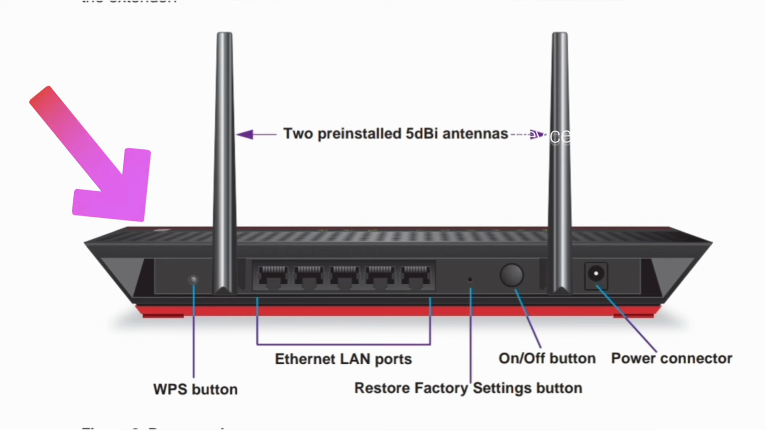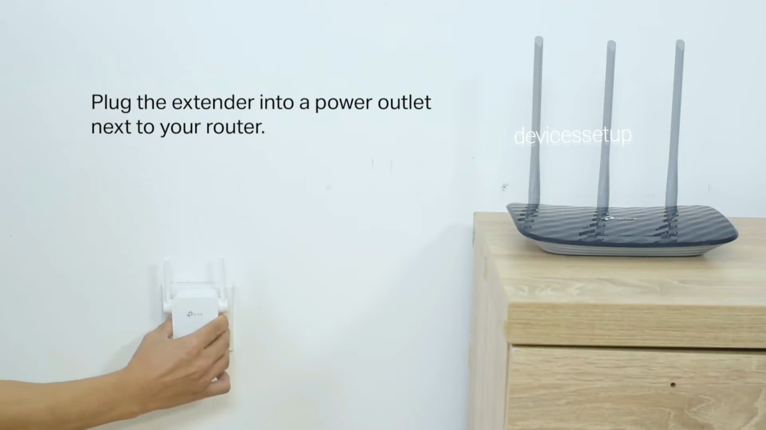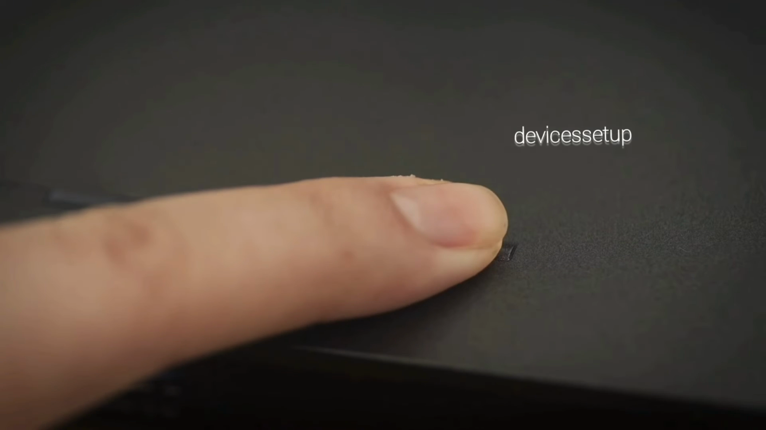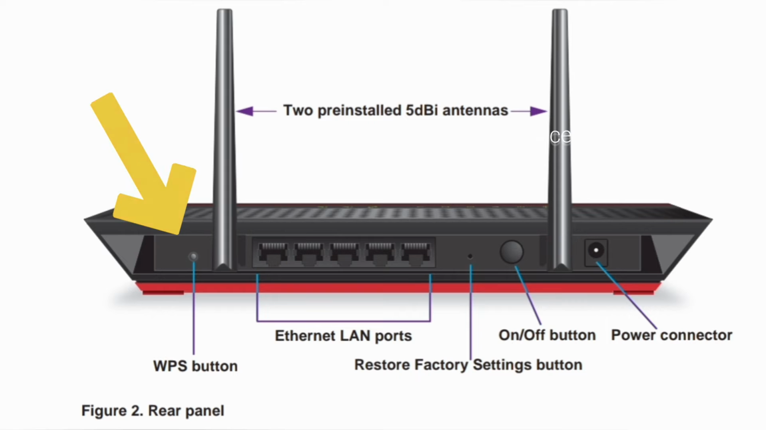So in this method, make sure both your router and extenders are plugged in the same room. Now first press the WPS button on the router and within 2 minutes press the WPS button on your Netgear Wi-Fi range extender. Now solid Wi-Fi or internet LED on the extender will confirm a successful WPS connection and you